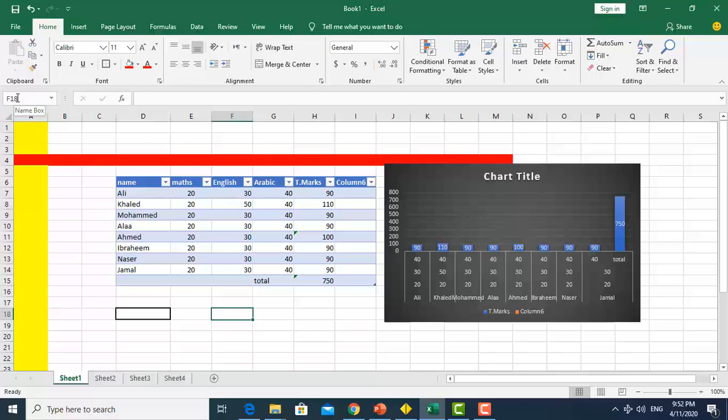Why do we need a cell reference? To identify a cell. That means where that cell is. See, when I click on it, you can see F18. Now what is F? F is for column. And 18 is what? Row 18. So if I click another cell,